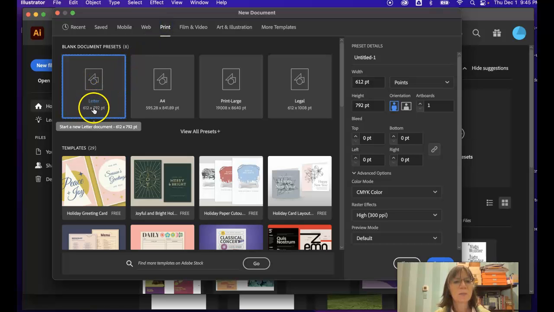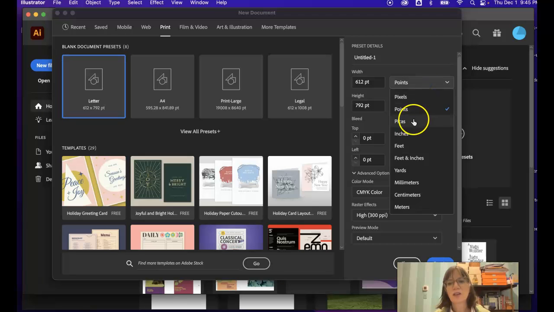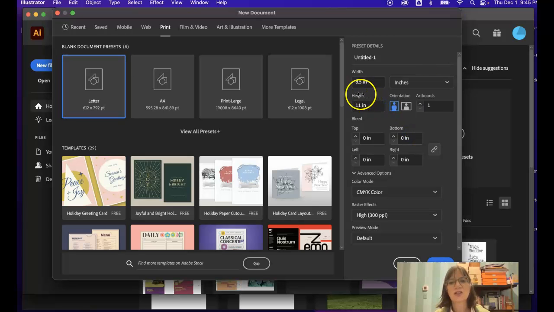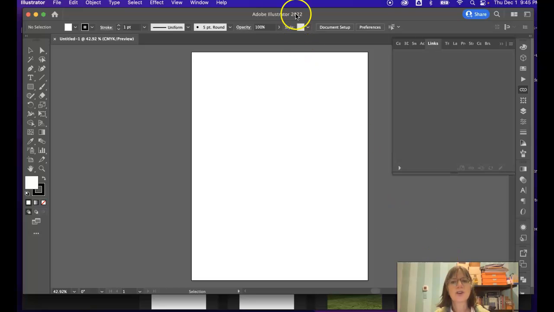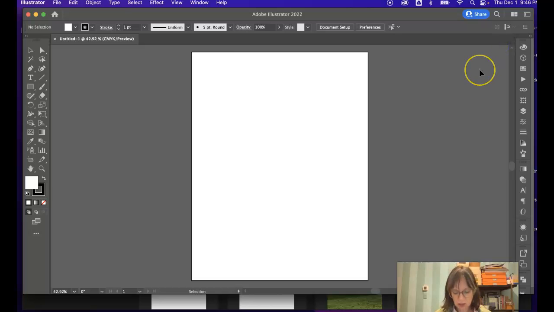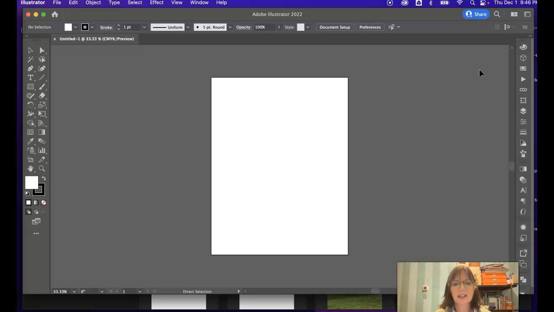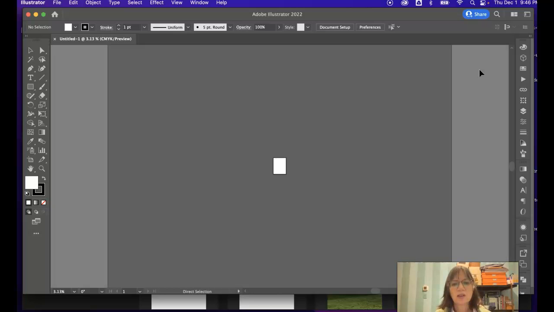You can see it showing up in points. I like to use inches, so I can go here and go down to inches. So then it turns to 8.5 by 11, and I can say Create. Okay. So here I do have a page 8.5 by 11, so it looks a lot like what I just showed you in InDesign, but I am going to zoom out drastically here, and I'm going to show you the